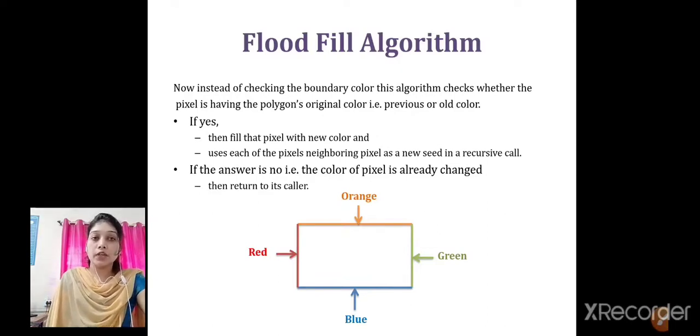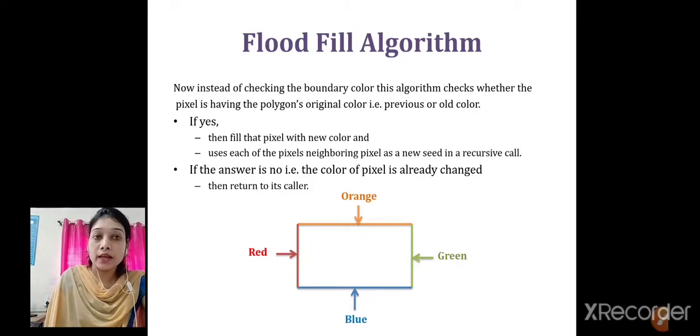Now instead of checking with the boundary color, we are going to check with the polygon's original color. If that polygon is having its original color, means if that condition is yes, then we have to fill that pixel with a new color. We are going to fill that pixel with the new color of that polygon, means we color that pixel with blue.